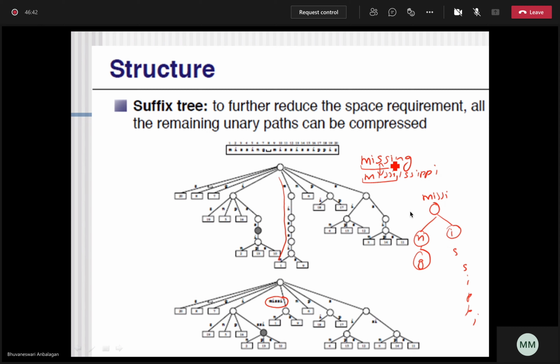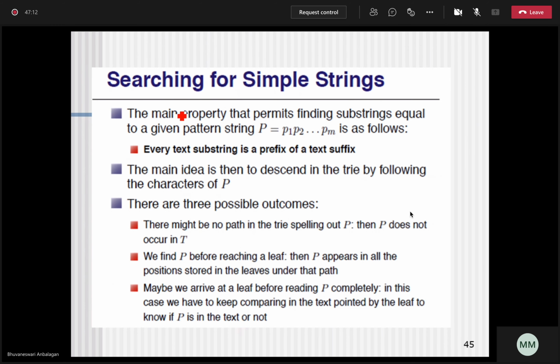Because otherwise I would be storing this twice. For MISSING, I am having a tree, and again for MISSISSIPPI. So this way this goes missing, and this way this goes Mississippi. Instead, since this particular pattern is common, I can make this one single node, so that I can further extend my other patterns which are available in my suffix tree. So using the suffix tree, you can still reduce the space.